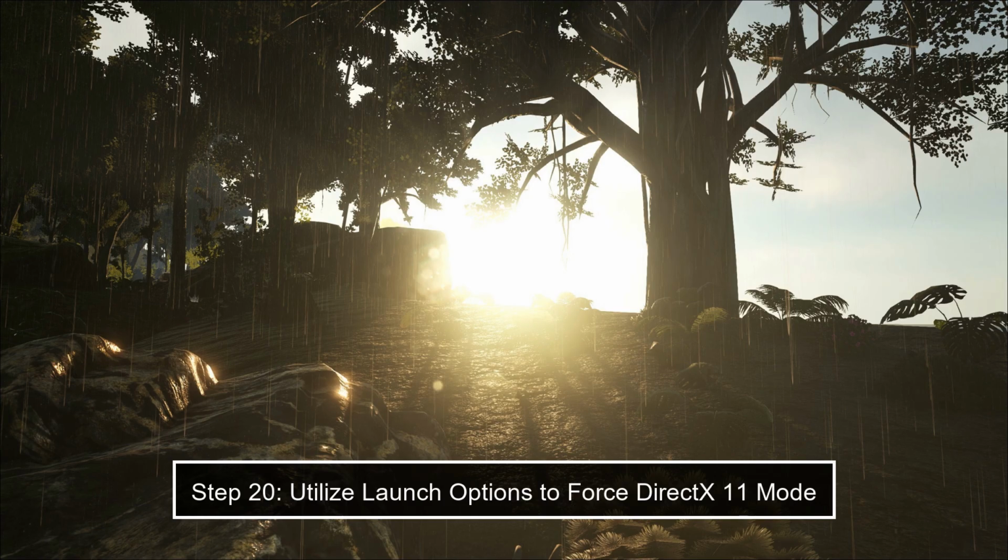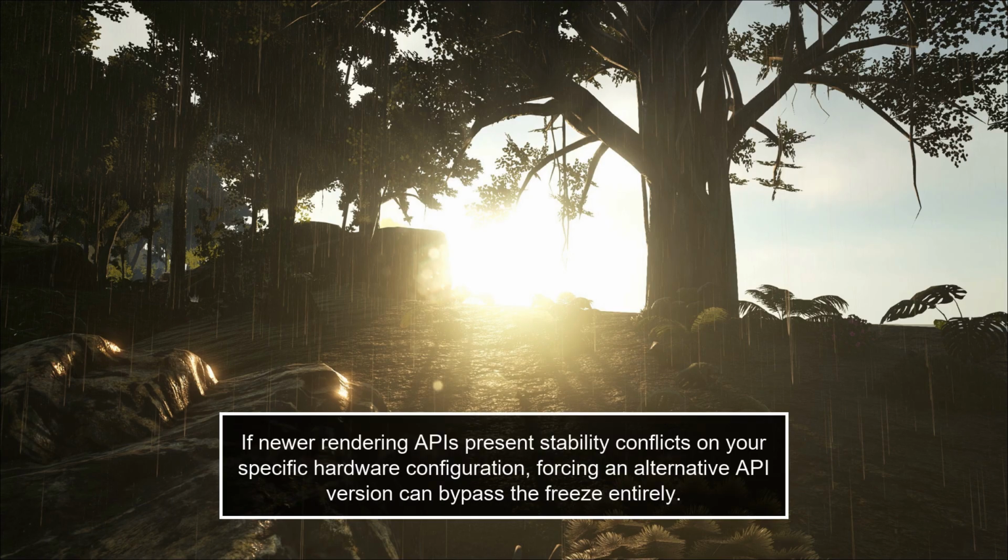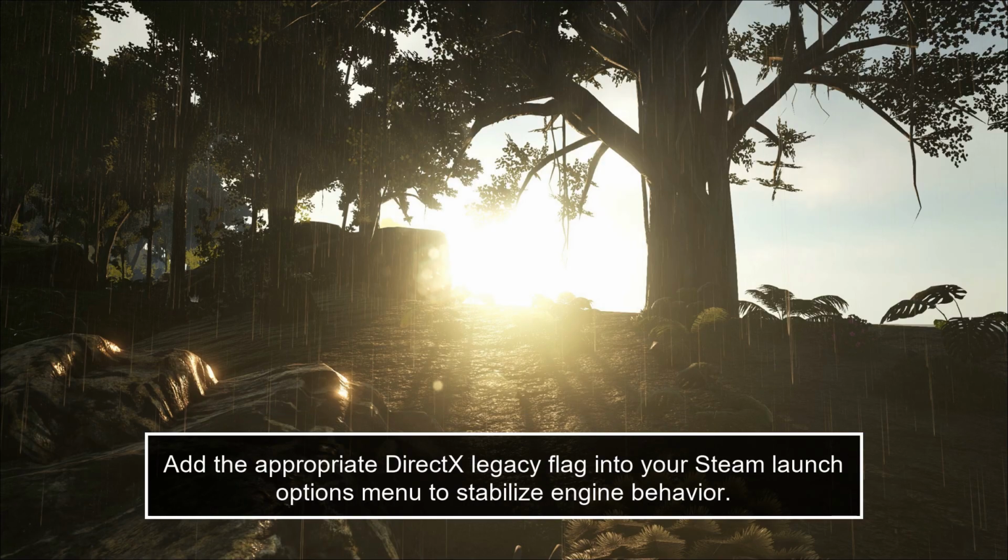Step 20. Utilize launch options to force DirectX 11 mode. If newer rendering APIs present stability conflicts on your specific hardware configuration, forcing an alternative API version can bypass the freeze entirely. Add the appropriate DirectX legacy flag into your Steam launch options menu to